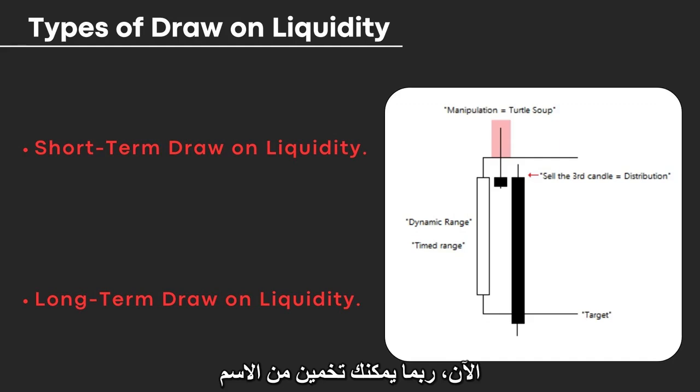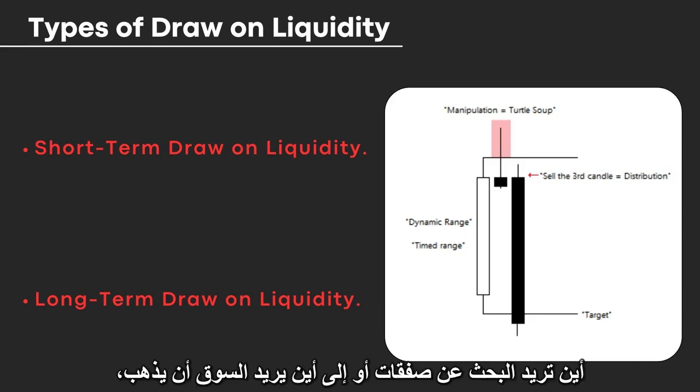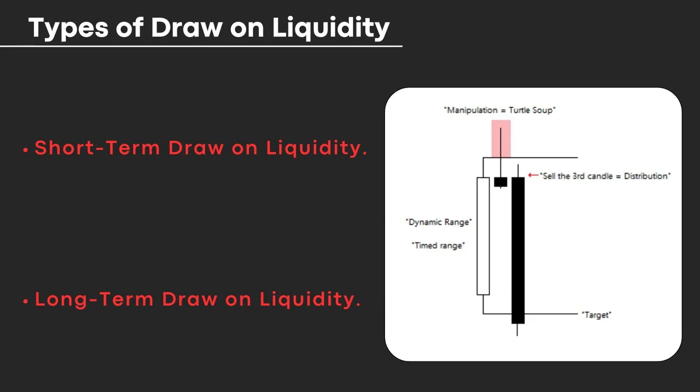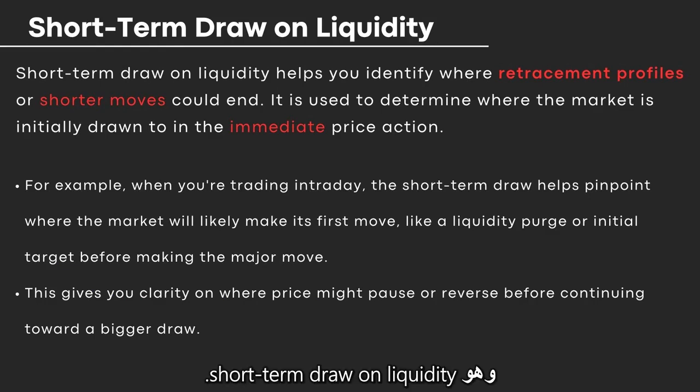Now you could probably guess by the name what the core idea of each one is, but remember it's not that simple, right? Each one of them has a bunch of intricacies and details, and you must be aware of all of them, and that would eventually lead you to making much more informed decisions about where you want to look for trades or where the market wants to go to or where it is headed to, right? Let's move on and start off with discussing the first type of drawn